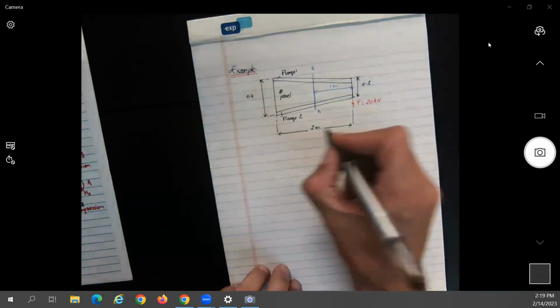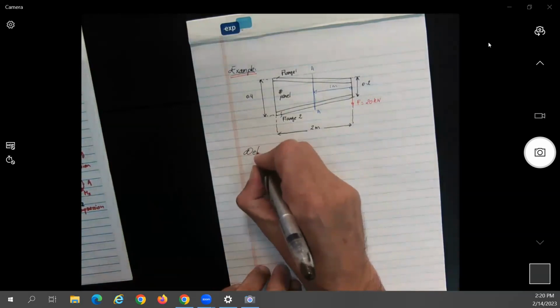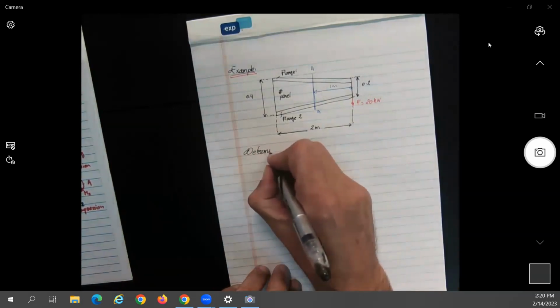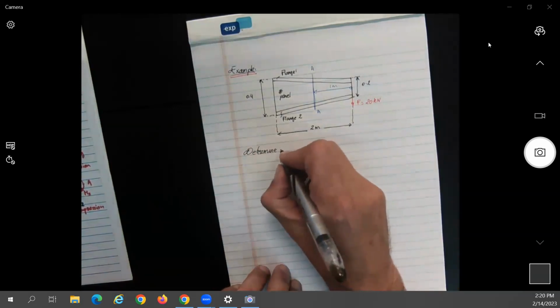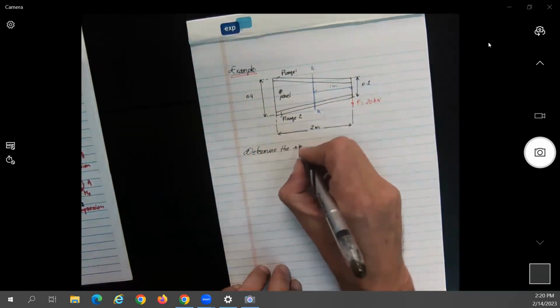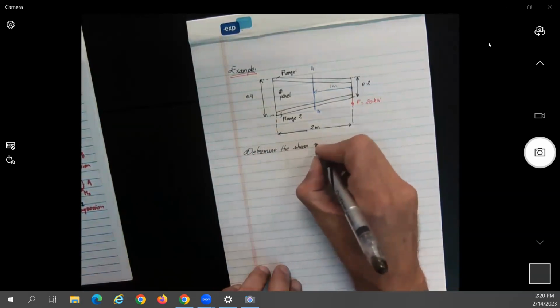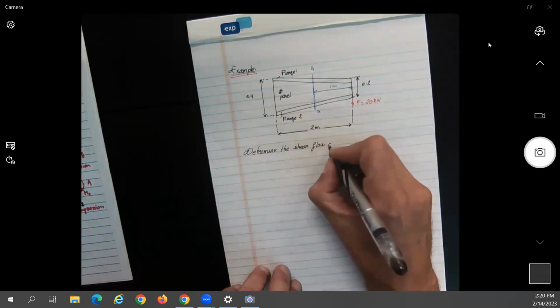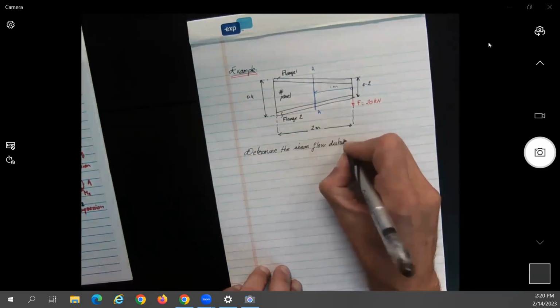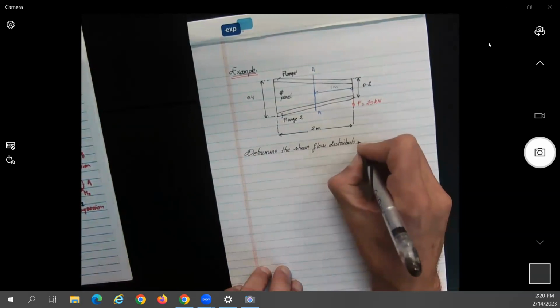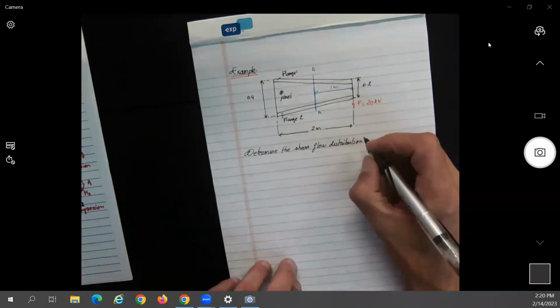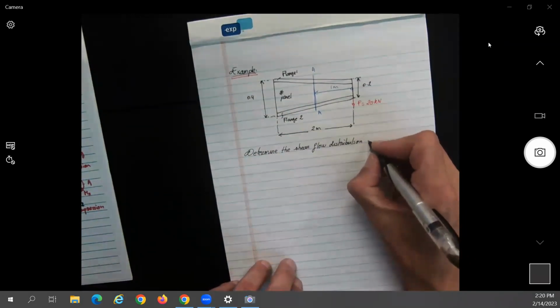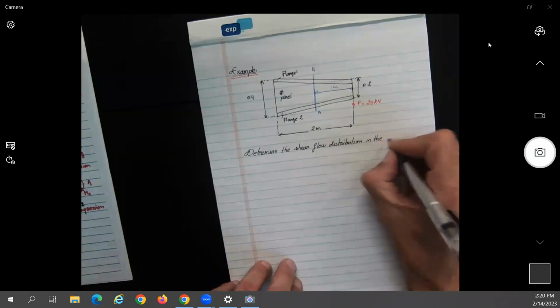They ask us to determine the shear flow distribution in the panel